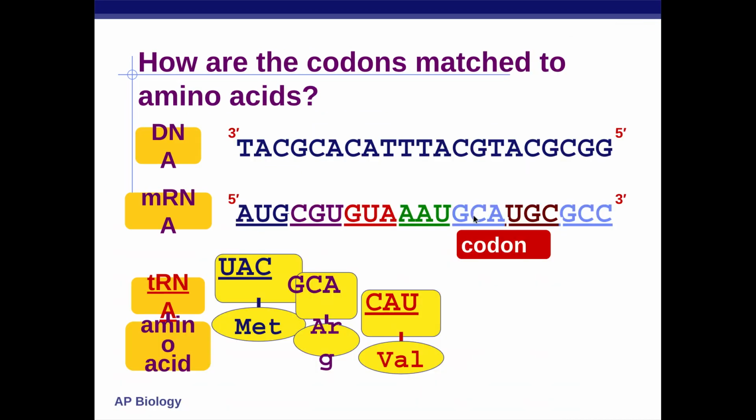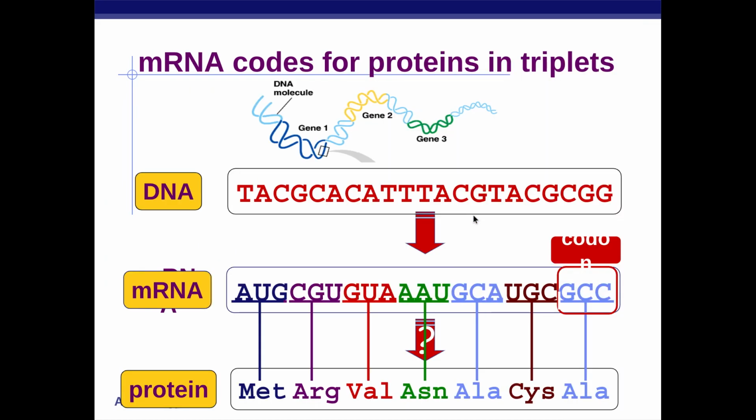So looking at our cytoplasm now, we have our messenger RNA that has come in and attached to the ribosome, and in the cytoplasm we have transfer RNA, or tRNA, attached to amino acids. Okay, now